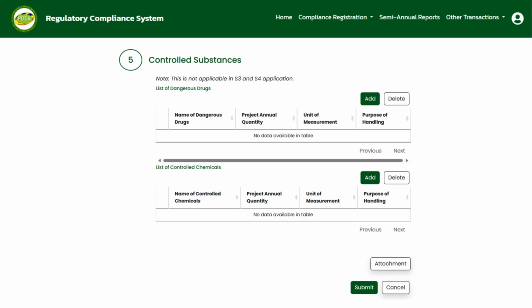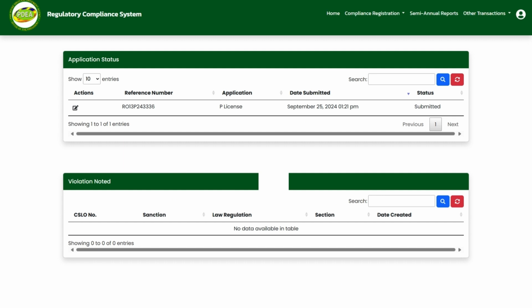Before proceeding, please review all provided information. If everything is correct, click the Submit button. Then, once submitted, it will be tagged as submitted. Once received by Processor 1, it will be evaluated and tagged as ongoing. If all the submitted requirements and entered information are complete, valid, and correct, it will be subject for physical security